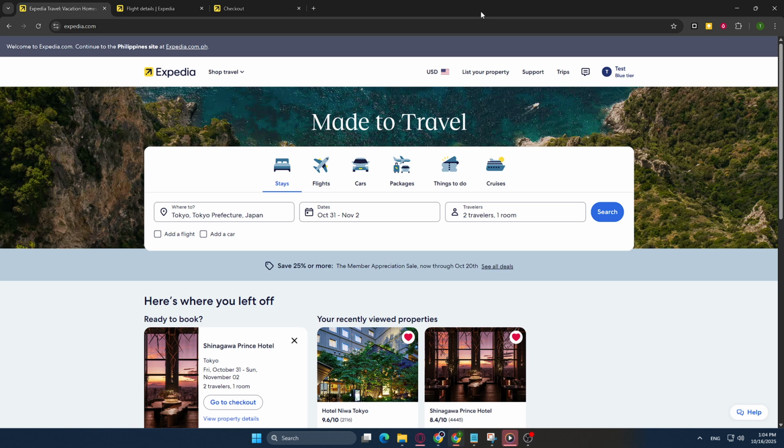Open your favorite web browser and enter the Expedia website. If you're not familiar, Expedia is a popular online travel agency where you can book flights, hotels, rental cars, and vacation packages. It's a one-stop shop for all your travel arrangements. Once you're on the home page, log into your account if you haven't already. If you don't have an account, it's quick and easy to create one, and you'll need it to proceed with